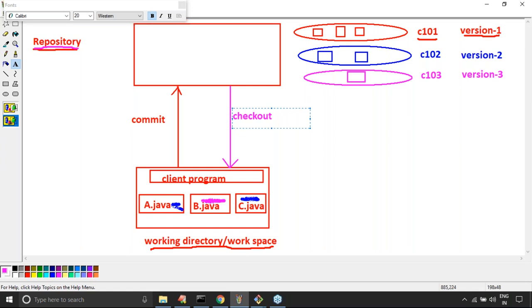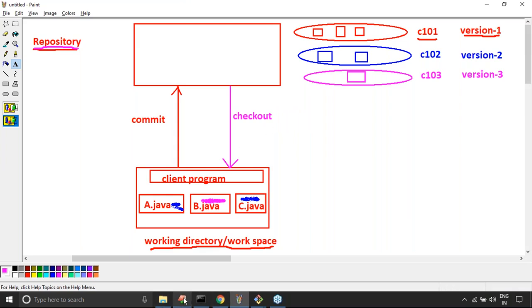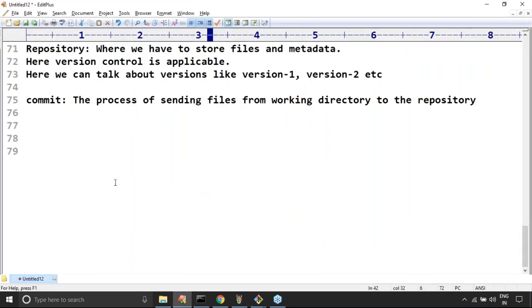Now can you please tell what is the meaning of checkout? Please confirm. Checkout means the process of sending files from